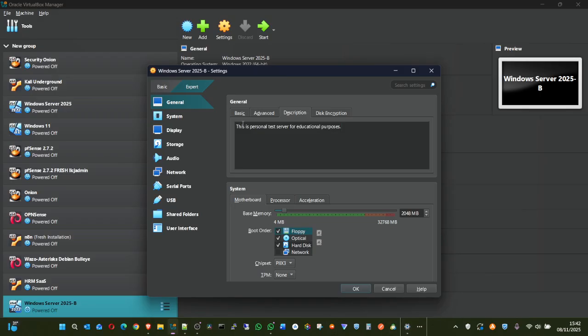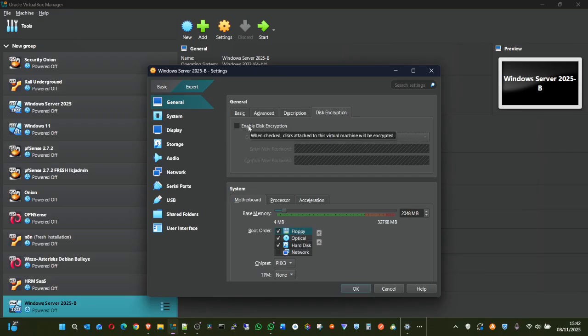Then this encryption, this is where we can now encrypt the disk the same way we have what we call BitLocker, such that even if anybody gets access to this computer, they won't be able to steal anything from here. They won't be able to clone, because if they copy out the disk image file, they may have access to all the confidential information in that virtual machine. And that is why this disk encryption is also applicable.